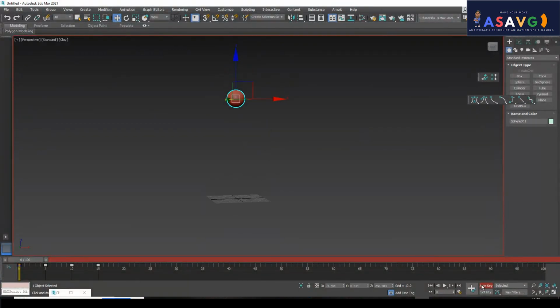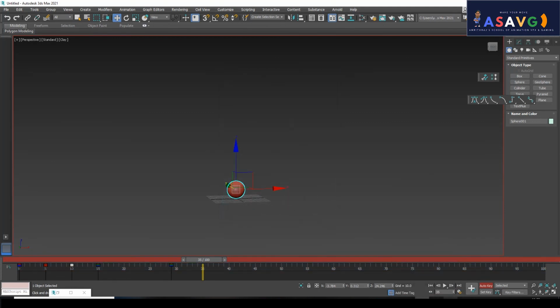About the basics, auto key selected. If you want to add a keyframe, press S, or you can click here also. S is the shortcut, otherwise you can click this one. Just click, drag it, delete. If you want to delete one keyframe, just click it and press delete. You can select more keyframes and drag them. If you want to use one keyframe, just click it and drag it over here. The same thing will happen. Understand?